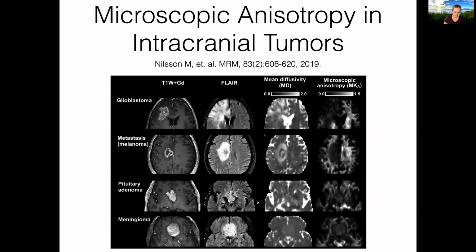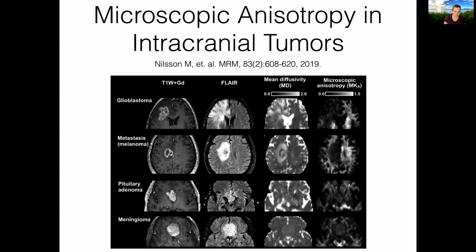And then this is another paper from Marcus Nielsen's group where they looked at tumors and showed actually a drop in microscopic anisotropy where there was an increase in mean diffusivity for classic DTI, but a drop in microscopic anisotropy in some of these tumor regions, which is also another unique type of contrast for this type of pathology that could add to the overall information